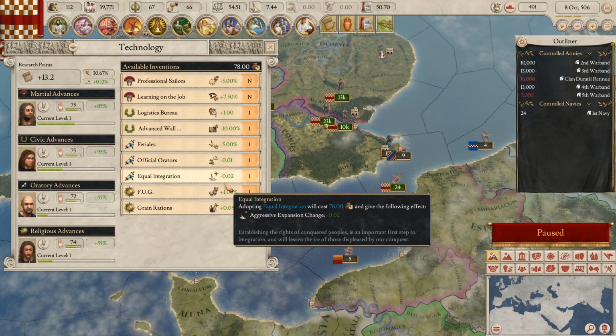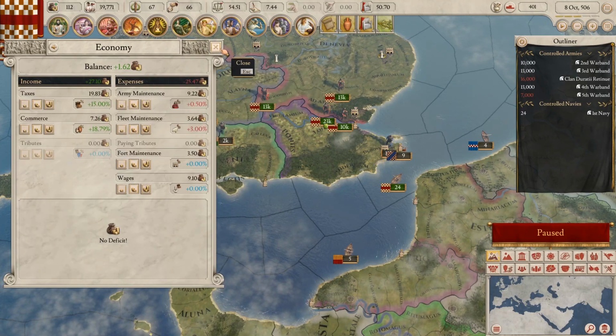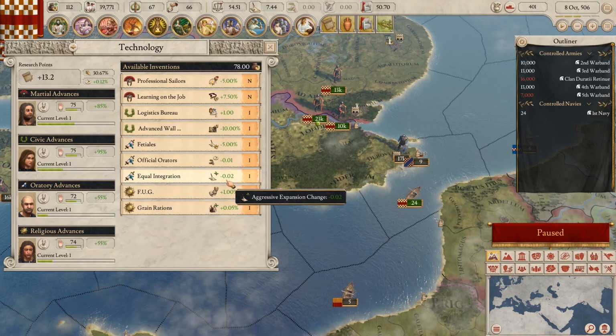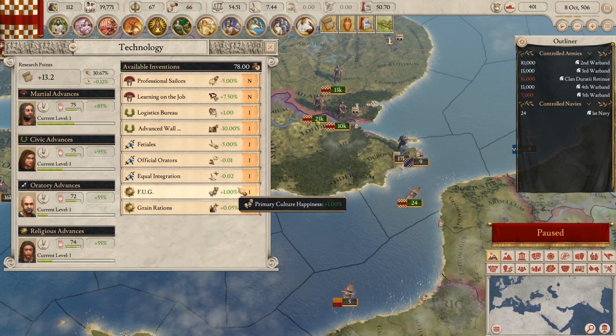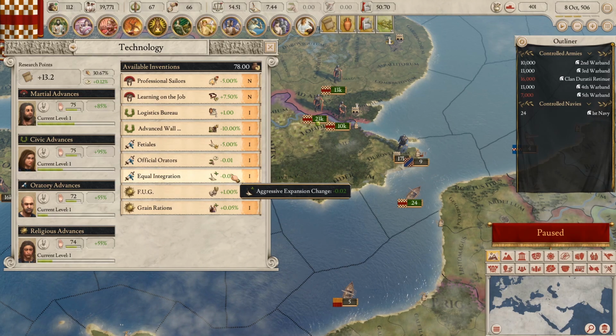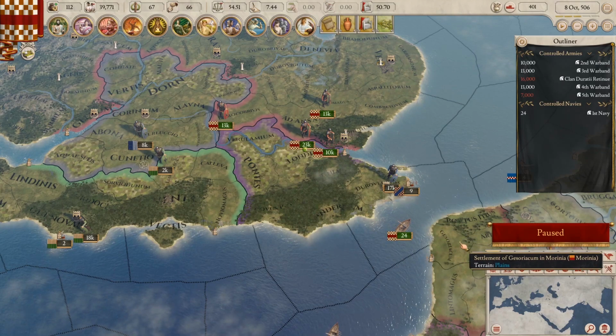I'll see about an invention. I think right now I'm just going to hold on to my money. I'm not making a ton of it. None of these inventions will necessarily help me in my war. I might think about, if I win the war, going to the negative aggressive expansion. But for now, I'm just going to, well...